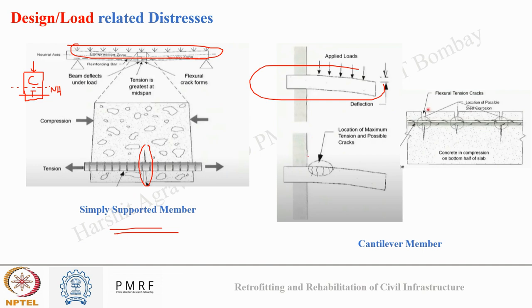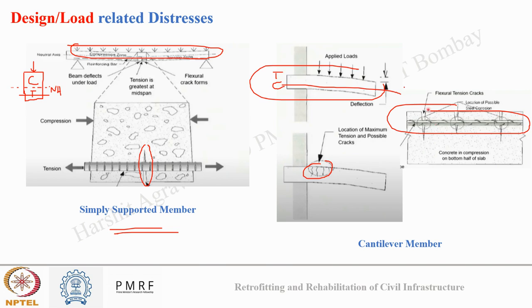Now, what can be the problem here? Suppose till now we were placing reinforcement at the bottom. Here also, if we place reinforcement at the bottom, what will happen? This was in compression, this was in tension. So wrong placement of reinforcement, improper design or excessive loading can cause perpendicular cracking at the top part of the member, as you can see here and in this image also. Here the reinforcement was placed there, but still, due to excessive loading or inadequate design, perpendicular cracking happened due